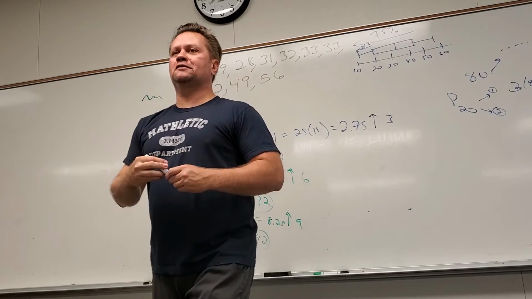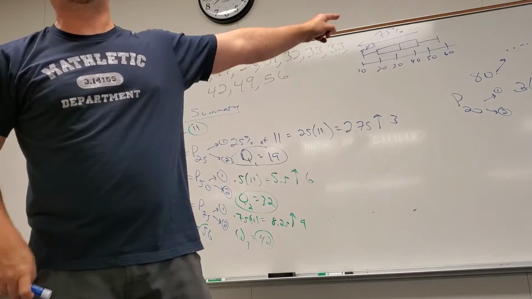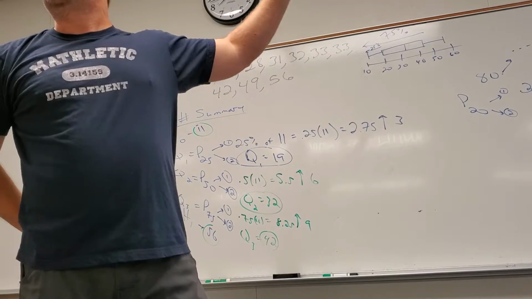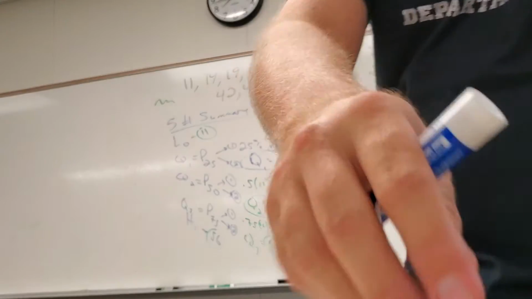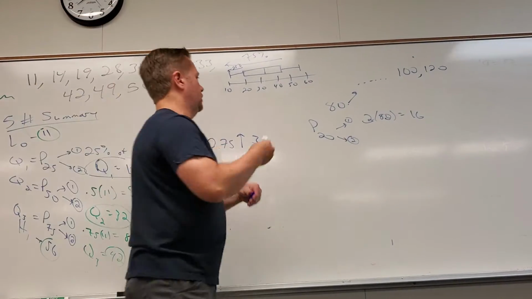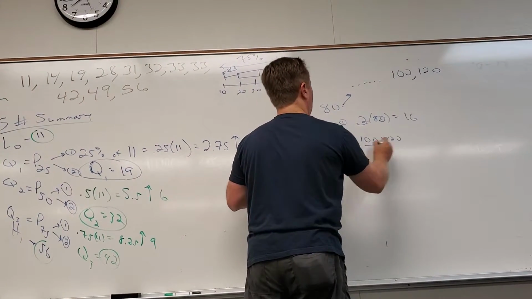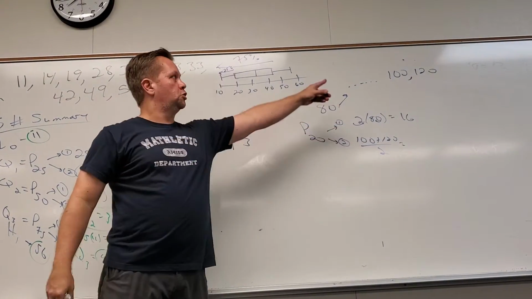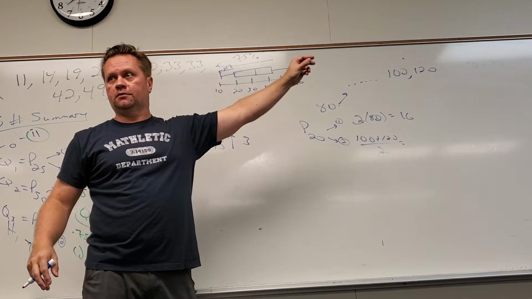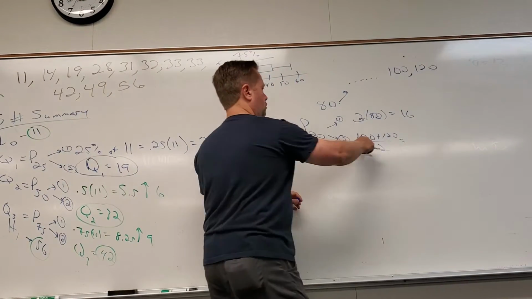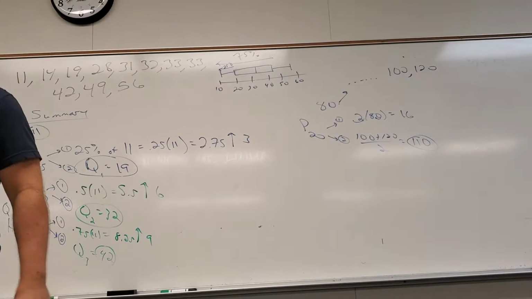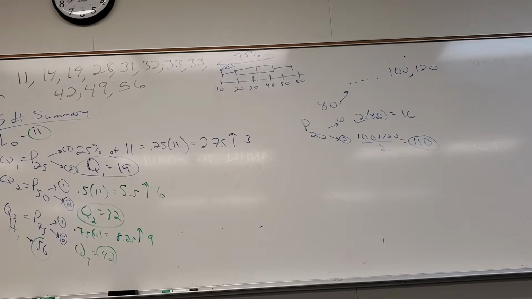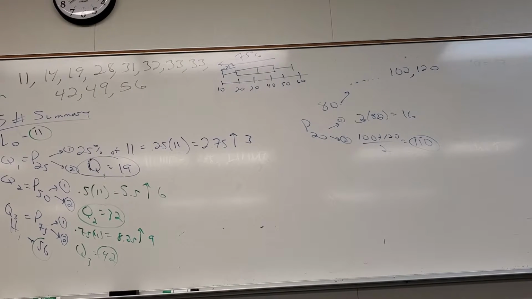How do you find the average of 2 numbers? Here you don't really have to. You should be able to see what number's in the middle. But in general, how do you find the average of any numbers? You add them up, divide by how many there are. 220 divided by 2 is 110. So if it's a whole number, you're going to have to average stuff. That's why I said earlier, you almost want to get a decimal, because then you just force it up and take that number, you're done with it.